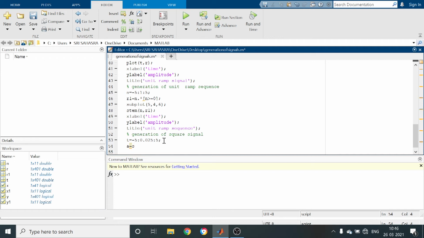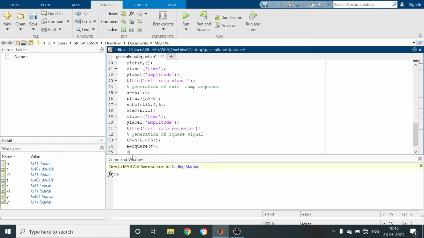You can generate a square signal by using a direct command in MATLAB, that is square of T. Square of T. Next, enter.